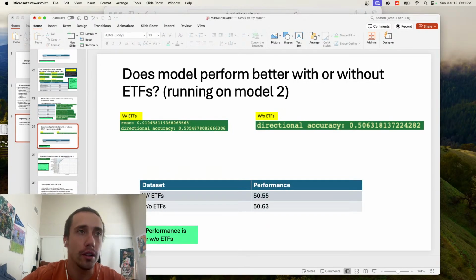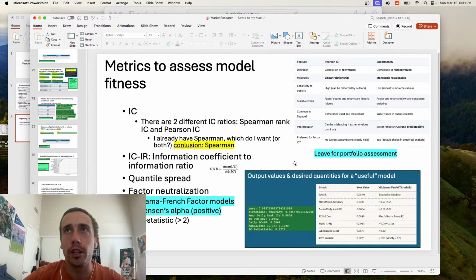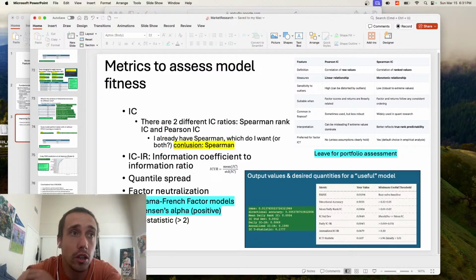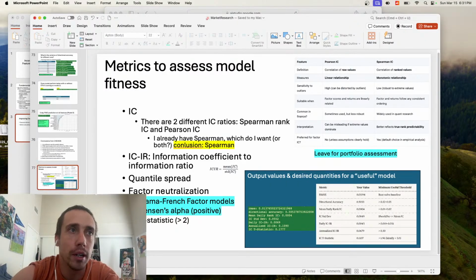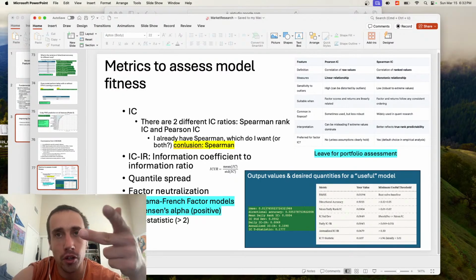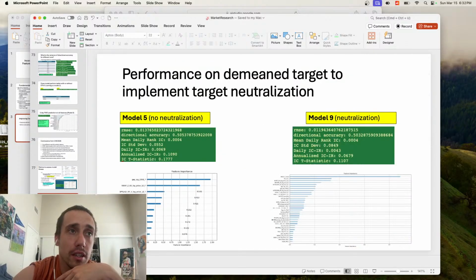This was just looking around at a lot of different things. Here I found that the metric I want isn't just the directional accuracy, because I wasn't really able to improve it. We don't want it to be directionally correct on everything. And the signal to noise ratio in the stock market is really low. Lots of noise for the signal. So you're kind of trying to squeeze water out of stone. And that means that you're probably not going to be directionally accurate. But better than that, you want to look at the information coefficient, the standard deviation of the information coefficient, the ratio of the information coefficient to information, and then this T statistic.